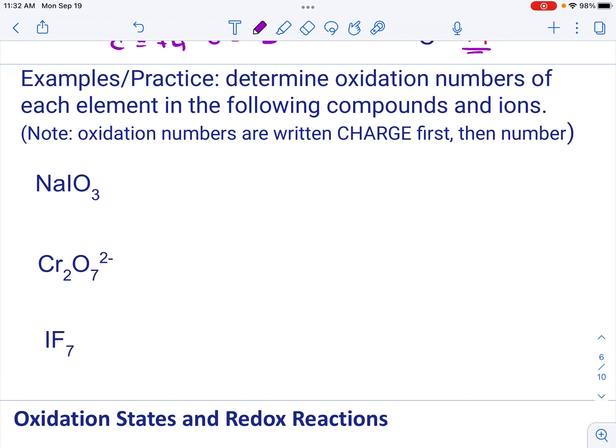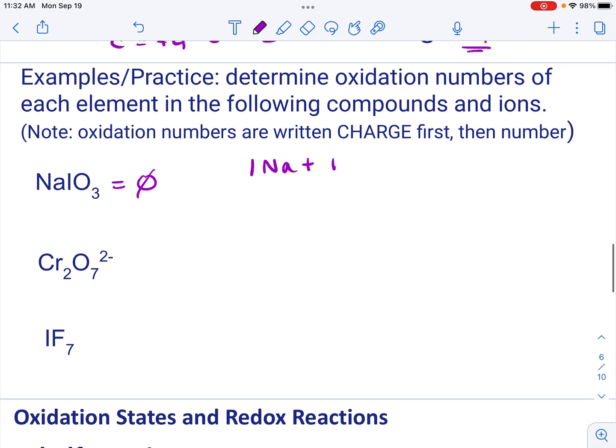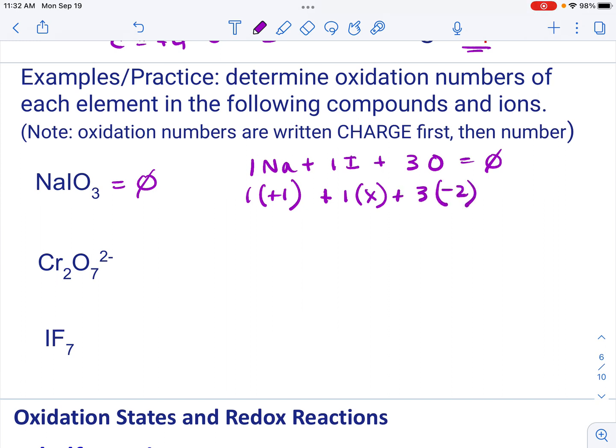So when I do this, sodium, this is the iodate, so this is sodium iodate, is a neutral compound. There's no charge on that, so the total has to equal 0. So I'm going to set up 1 sodium and 1 iodine and 3 oxygen, and the total equals 0. I know sodium's oxidation number, so this will be 1 times +1. I do not know iodine's oxidation number, so this is going to be 1 times X. And I do know oxygen's oxidation number as -2, so that will be 3 times -2, and the total has